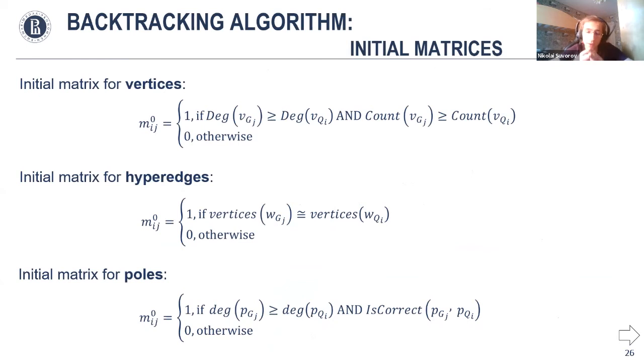The main idea of the algorithm is to incrementally shorten its search field. The search for vertices traverses all the vertices of the source graph, but the search for hyperedges only goes through those hyperedges which are incident to the already matched vertices. Pole matching is performed for each hyperedge group, and a sufficient quantity of